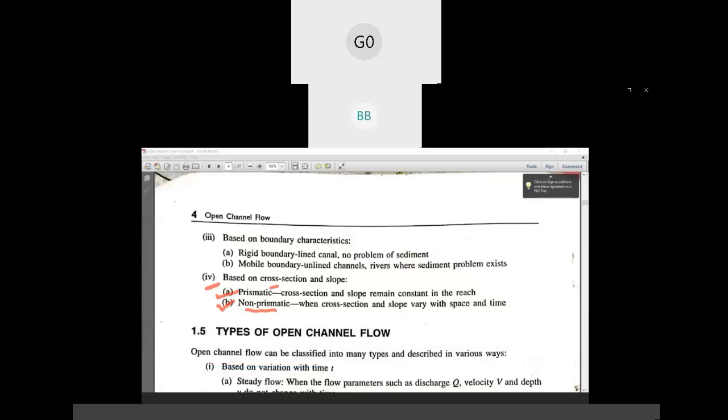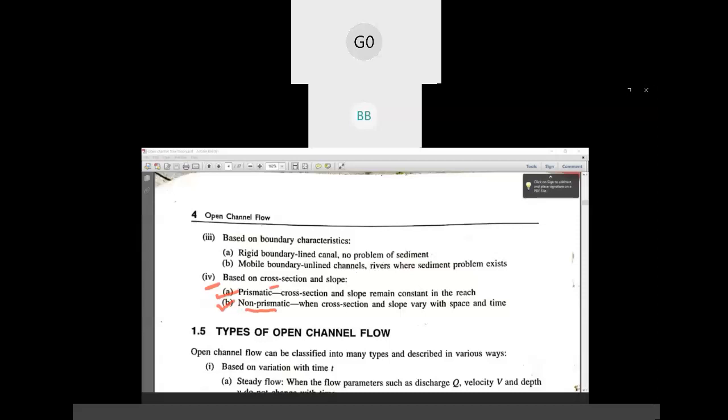Suppose you constructed an irrigation canal. It may happen that the cross section of the canal is constant, so those canals we can consider as a prismatic open channel flow. But if you consider a natural channel, you cannot consider it a prismatic channel. To simplify your calculation you can consider it prismatic, but practically it is impossible to consider a river as a prismatic channel,